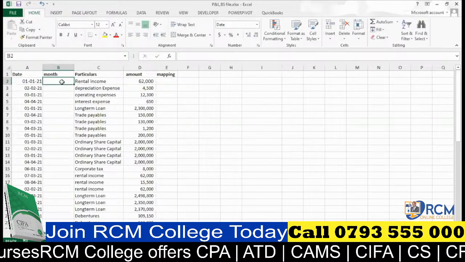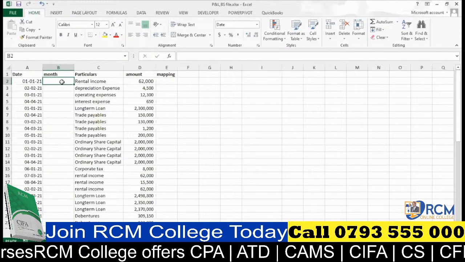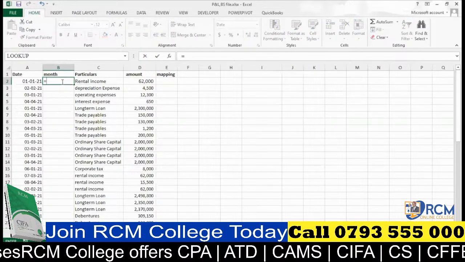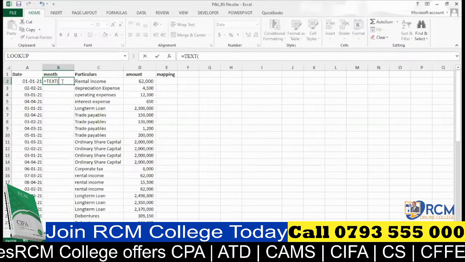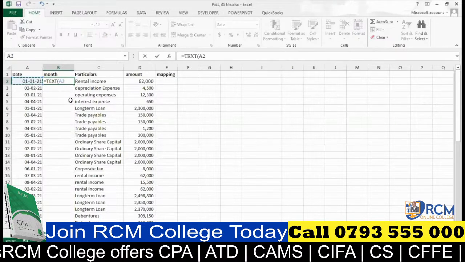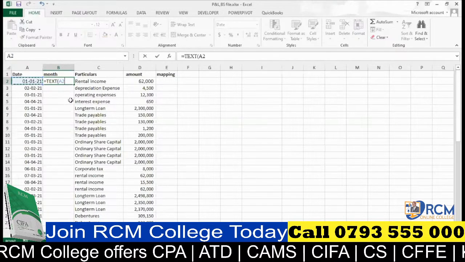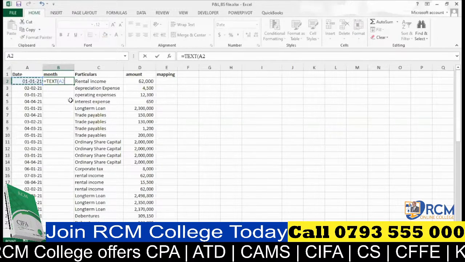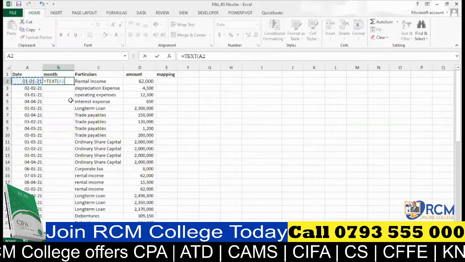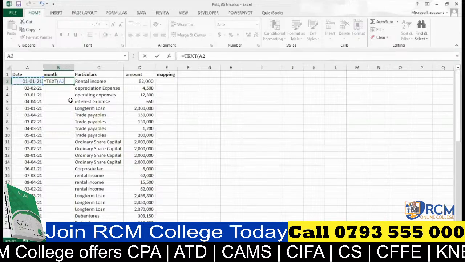So somebody is also telling me that the formula which I am supposed to use to get the months in words is text function, is equal to text. Click my tab button, pick the value, which is the date. Then the next thing that I'm supposed to do is to now format it. Put